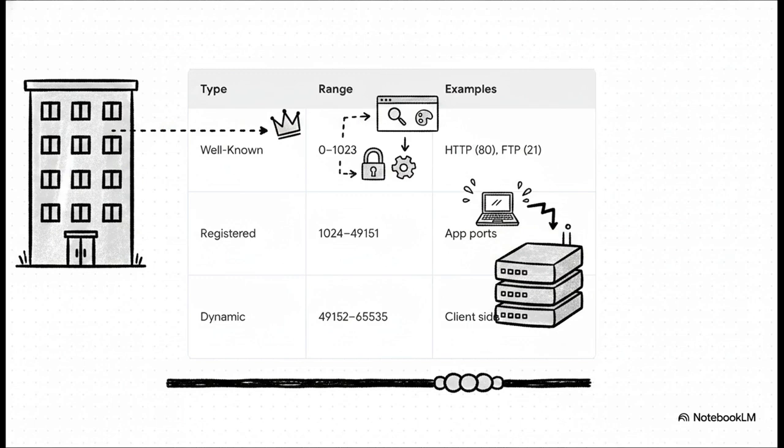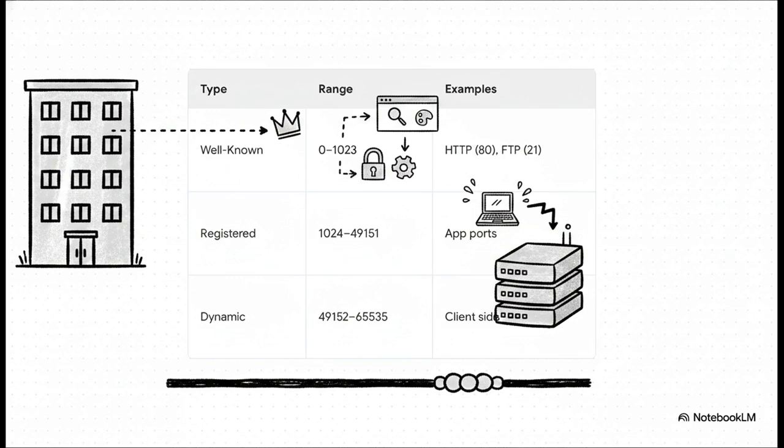Make sense? So we've got well-known VIP ports from 0 to 1023, stuff like port 80 for regular HTTP and 443 for secure HTTPS. Then we have registered ports from 1024 to 49151, which are used for more specialized applications. And finally, the dynamic or ephemeral ports, running from 49152 all the way up to 65,535. Your computer actually just temporarily assigns these dynamic ports to itself whenever it's acting as a client connecting out